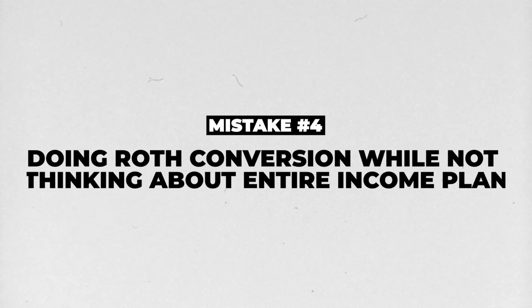Now, once you're over age 59 and a half, it doesn't matter if you withhold the taxes or not because there's no 10% penalty after that point. But withholding the taxes does kind of eat or bite into a little bit of the benefit of doing the conversion. So the most optimal way to do a conversion at any point is going to be to pay the taxes for that amount out of cash or out of a brokerage account rather than having it withheld from the conversion amount itself. The fourth mistake is when someone is doing a Roth conversion and they don't think about their